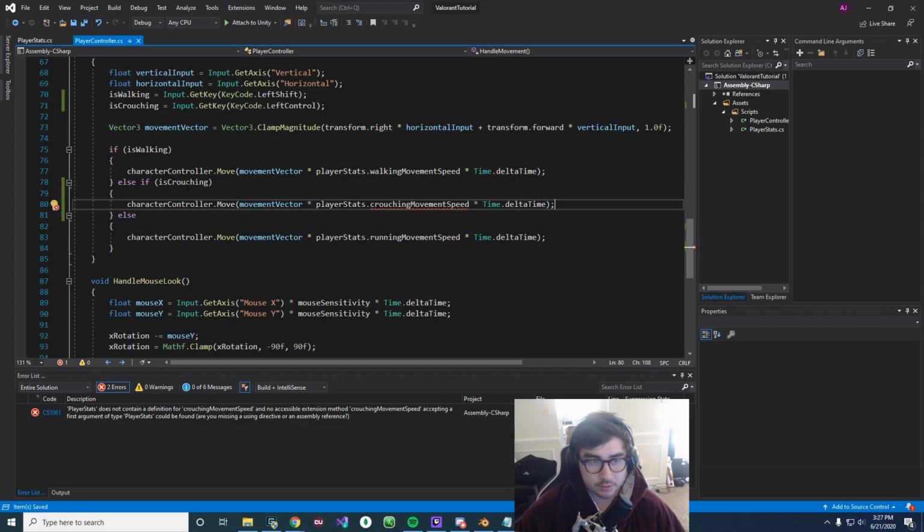And let's actually put this isCrouching check at the top, because right now the way this is set up, if you were holding shift and control, like you were crouching but you're holding shift, you'd actually speed up. So let's move this to the top.